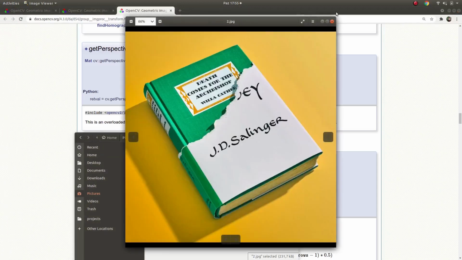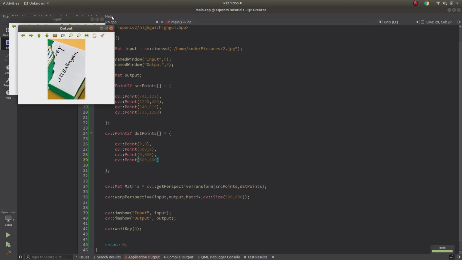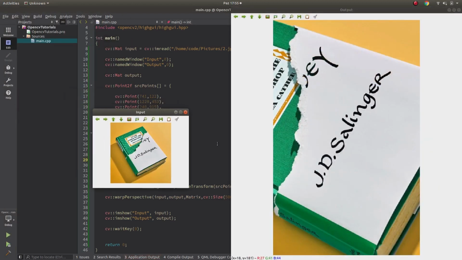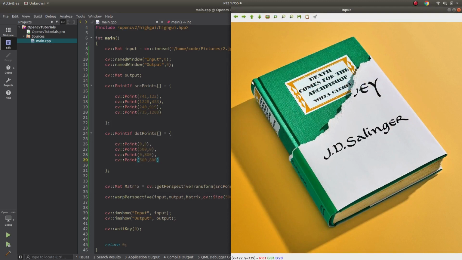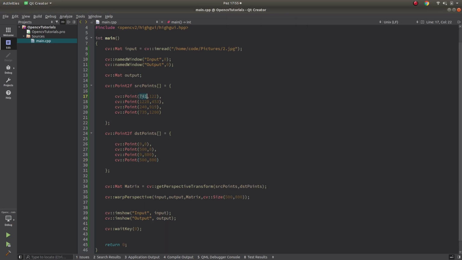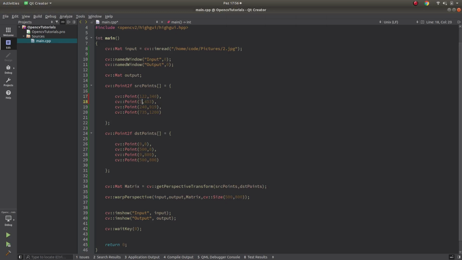Let's also change this book. Let's define this as 2 and directly try what will happen. Since we didn't give the right input coordinates, it's wrong. Let's quickly define the right ones. For example, here let's say 122, 340. Here 700, 83.